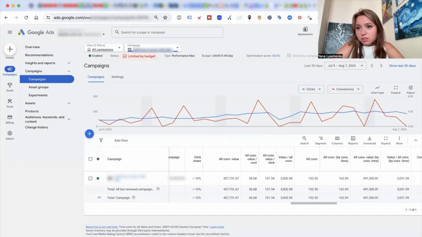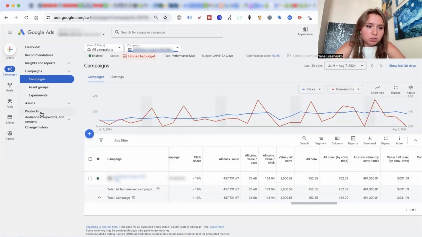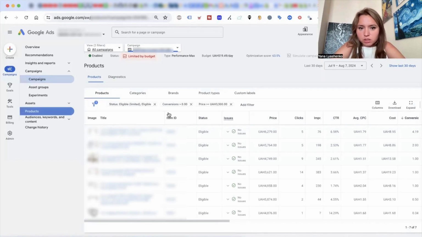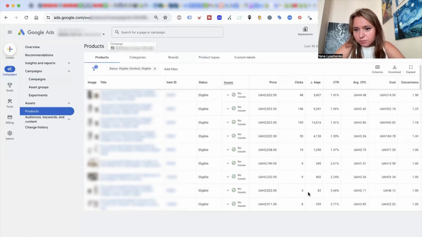It is better to conduct a test with a transition to profitability on a range, or it can be done most easily. But since, for example, we have an advertising campaign, it made 73 conversions, its profitability is excellent, it is in this quadrant. Here it is. But if you look at the distribution of impressions, most of the products just don't work here. If we simply filter by impressions,